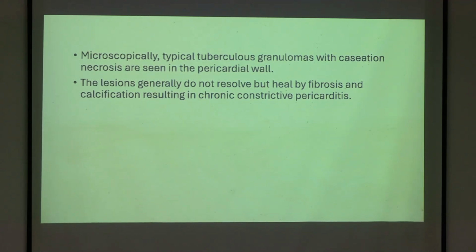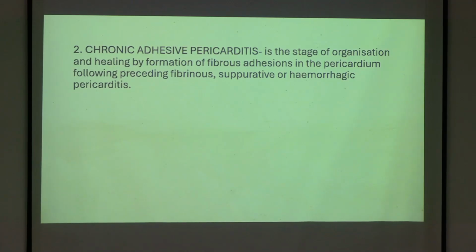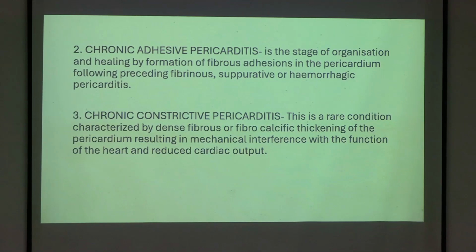So they don't usually resolve. They heal by fibrosis and form calcification, okay. And they will result in chronic constrictive pericarditis. The second form is chronic adhesive pericarditis. It is the stage of organization and healing by the formation of fibrous adhesions in the pericardium following preceding fibrinous, suppurative or hemorrhagic pericarditis. And the third one is chronic constrictive pericarditis, which is a rare condition characterized by dense